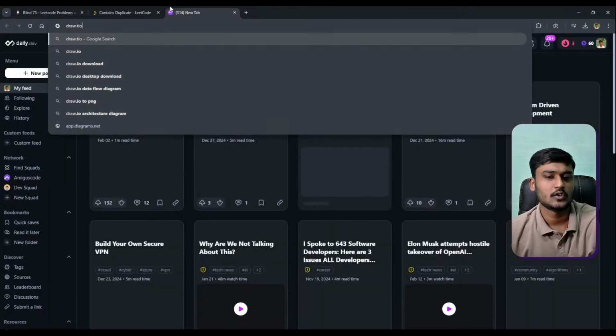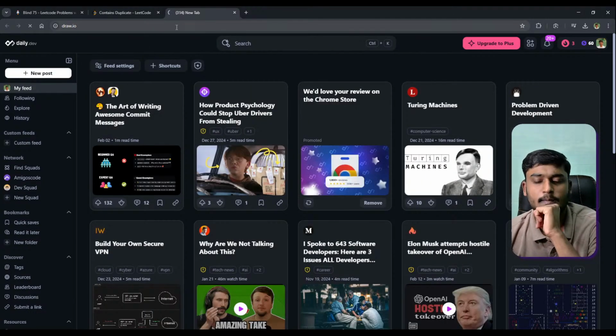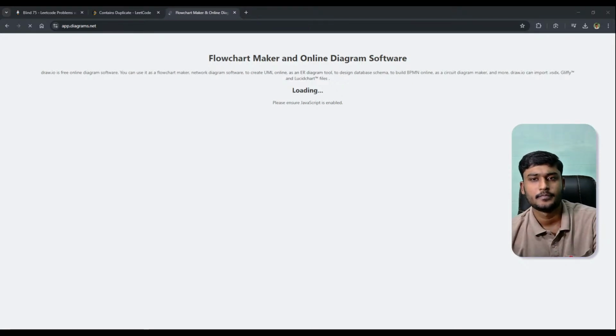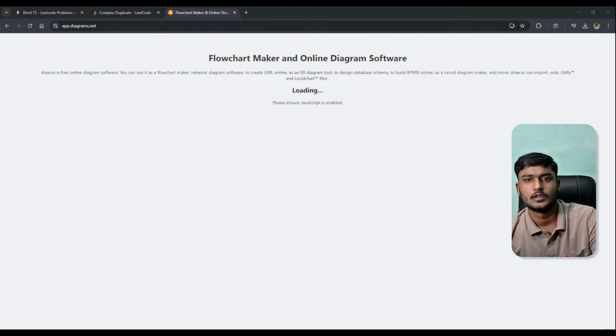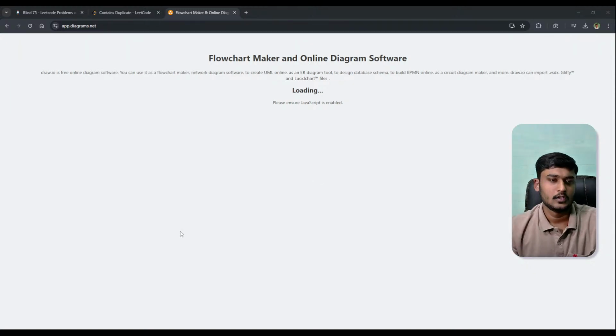Let's go to draw.io so that I can visualize this. This is not what I was looking for. Let me open up a whiteboard so that I can draw some things.